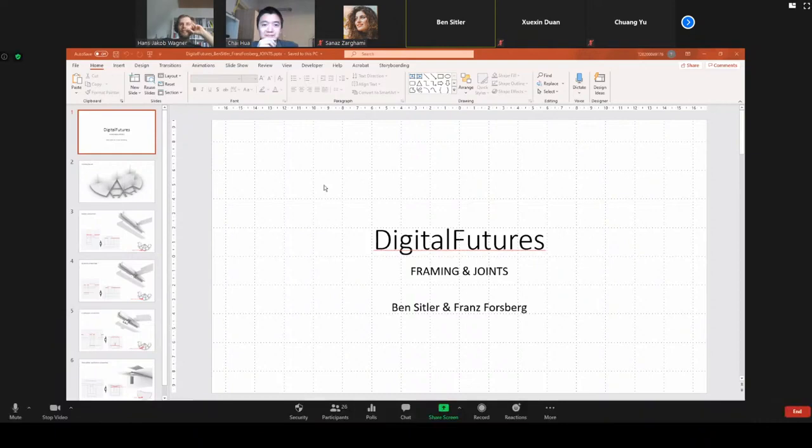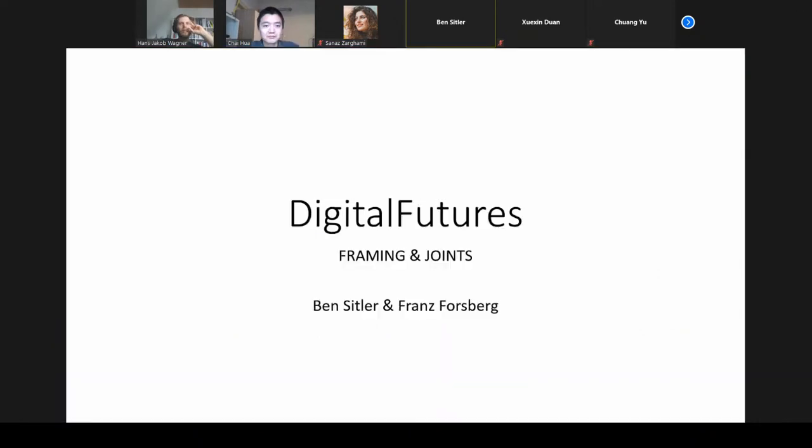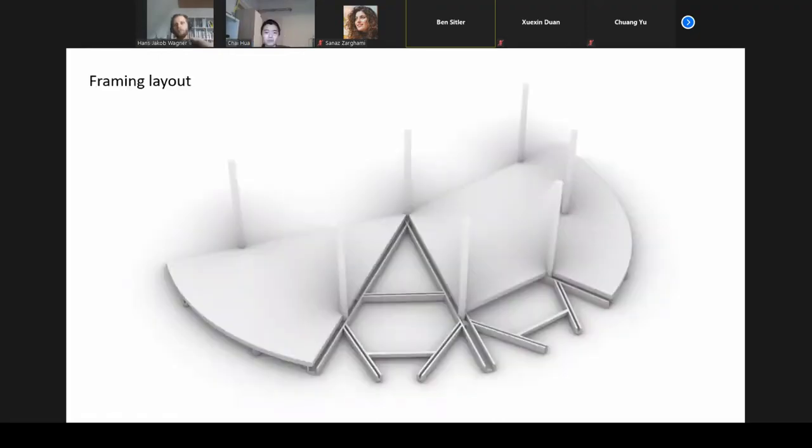Okay, cool. So we've fleshed out our design a little bit more. The basic alignment that we did the other day, we've retained, but we've moved to something that uses larger sections so that we can use off-the-shelf LVL sections instead of small little timber pieces. And we've designed the joints a little bit so we take advantage of robotic construction,